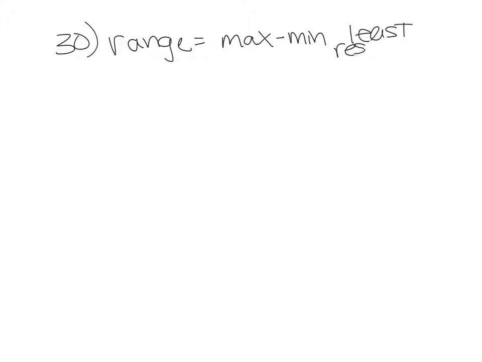All right, number 30. So we have 3 ways to measure the spread: the standard deviation, the IQR, and the range. Rank them from most resistant to least resistant. So think of outliers and what affects outliers. So let's look at the range first. The range is equal to the max minus the min. So if you have outliers, this would of course greatly increase your range. So this is actually the least resistant. If you're going to have an outlier, it's going to have a direct effect on the range. So then the 2 that we have left are the standard deviation